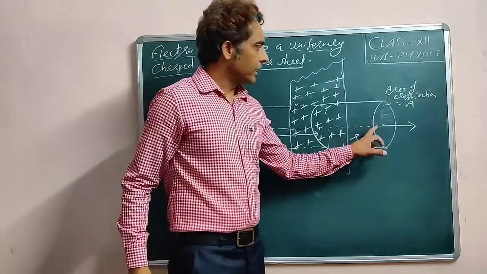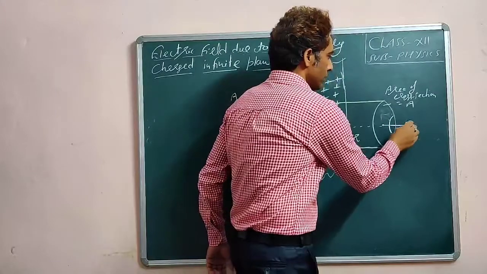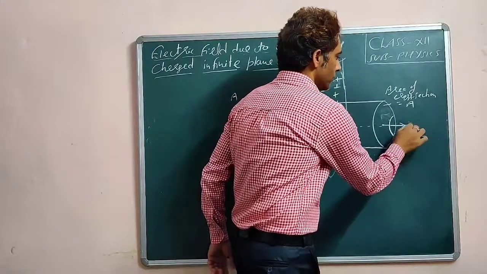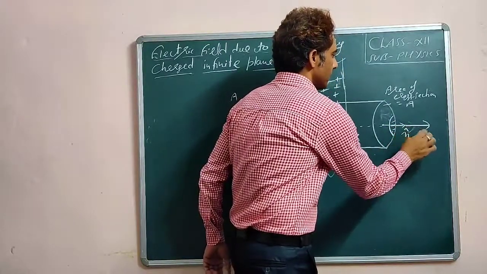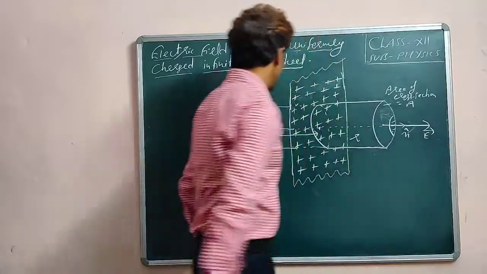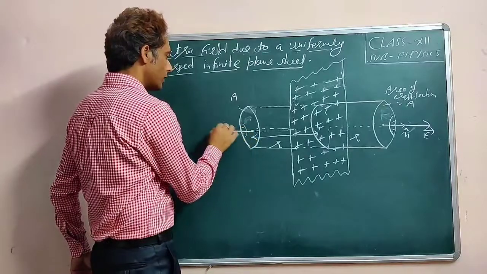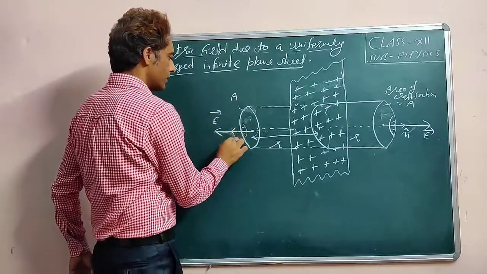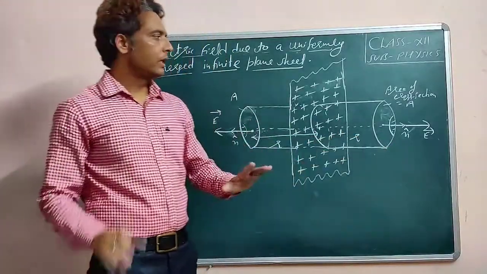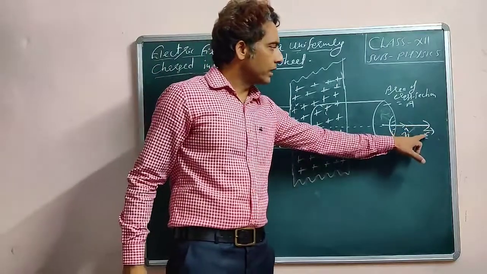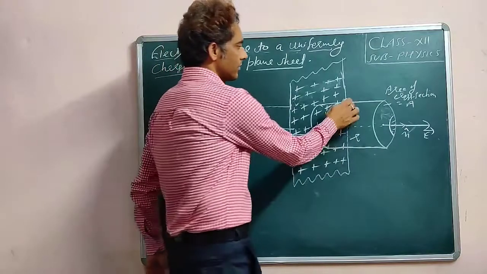If I draw the area vector at this point, then the area vector should be directed outward. So the area vector will also be toward right. This is the area vector. And this shows the direction of electric field. Similarly, in this case, the area vector will be outward. So this is the area vector. So in case of these two surfaces, we can see the angle between the direction of electric field and area vector is 0. But if you see this curved surface,